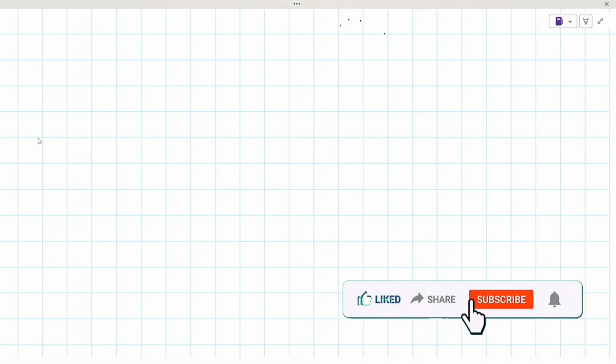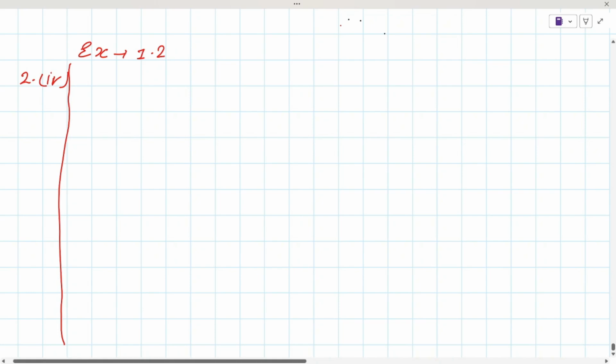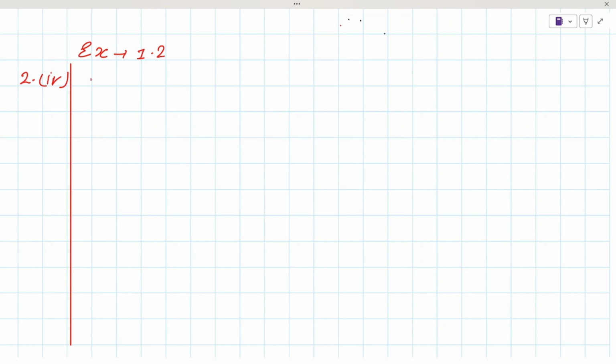See, so this is exercise 1.2, question number second, and this is fourth, I think. Fourth. For the second question of exercise 1.2. Okay, suppose this is the margin of your copy. First of all, here we will write the given one. That is the function. It is from N to N, means natural numbers, right?